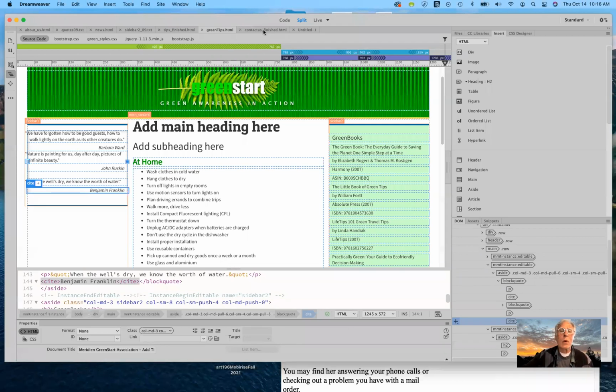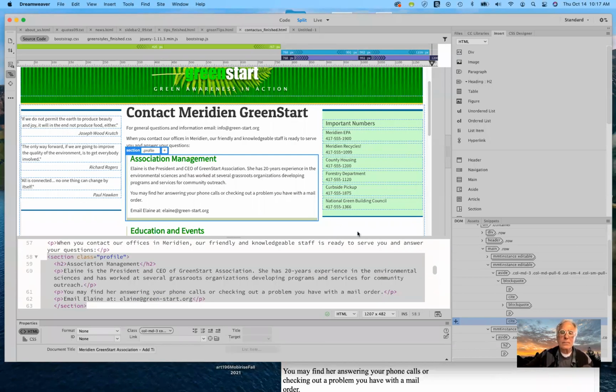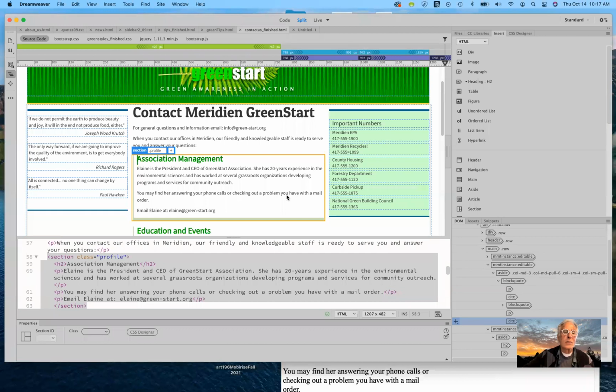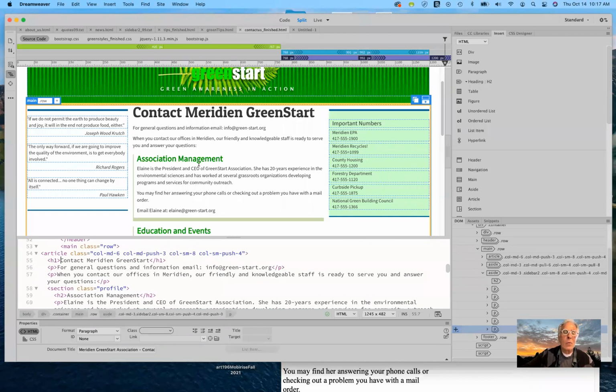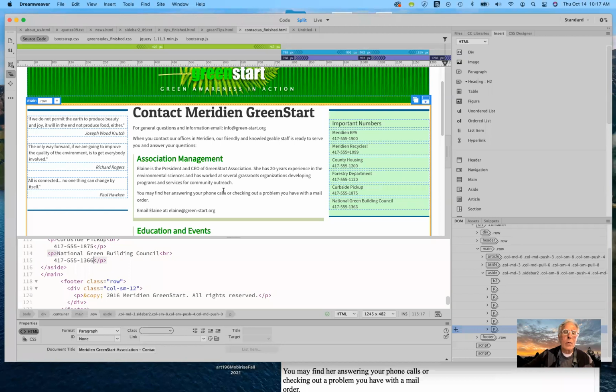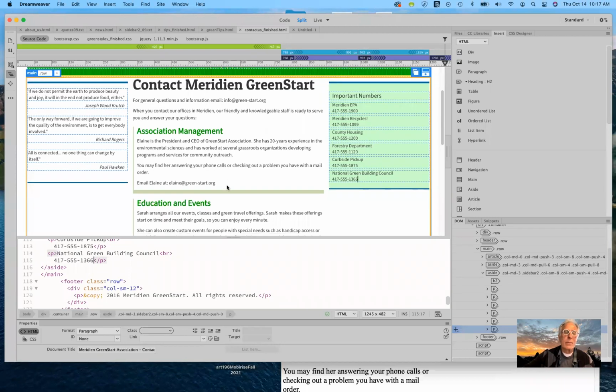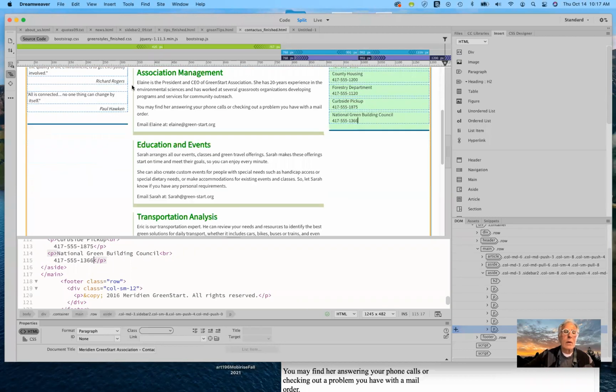And the next one that we're going to work with now is the contact us page. So the contact us page, this is the finished one, is that we've inserted, again, some quotes that they provide us, some phone numbers, but more importantly is in the main article here where we have these groups that are broken down, or organized, I should say, again, within sections, and we've defined this section, again,